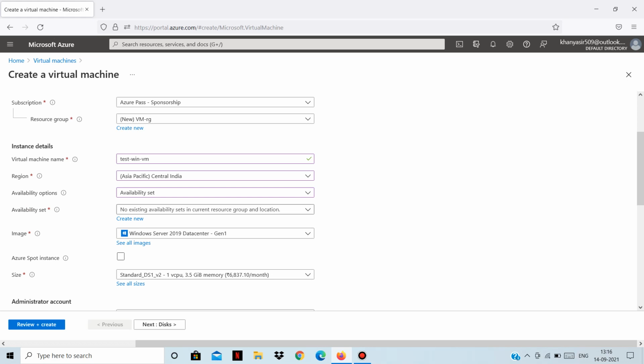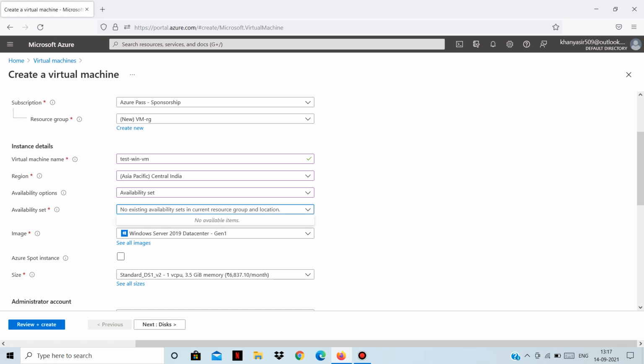So the availability we get, SLA, service level agreement, is 99.95% here. Okay, and this is possible if you have two or more virtual machines running. Because if you have only a single virtual machine running, availability set won't provide you that SLA of 99.95%. You will only get 99.9% then. Okay. So you need at least two or more virtual machines deployed in an availability set.